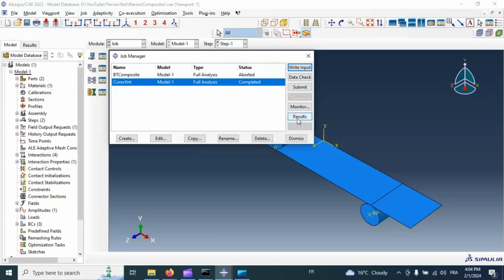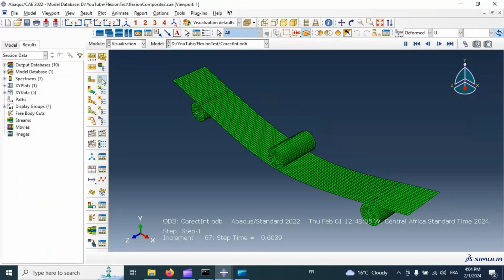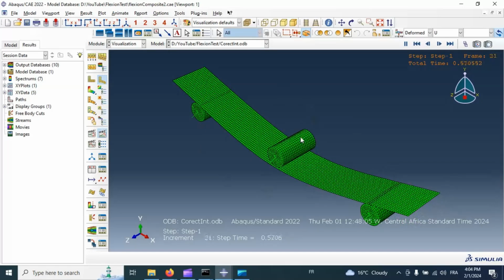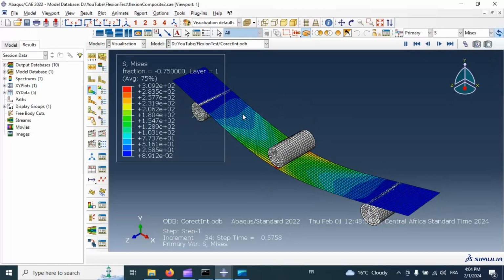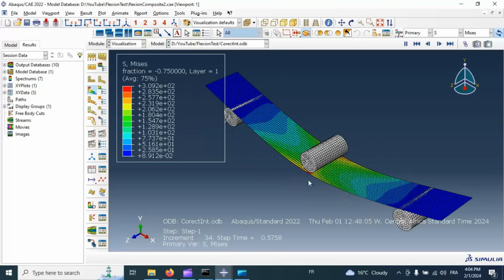And plot deformed shape, and also plot contours. Let's plot Mises stress in whole specimen. Let's go to plot result in each layer in our specimen. File output,